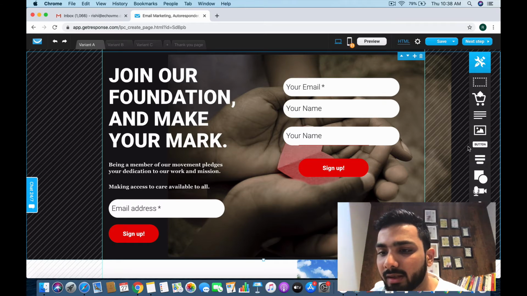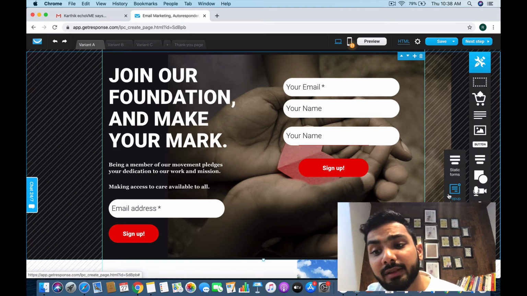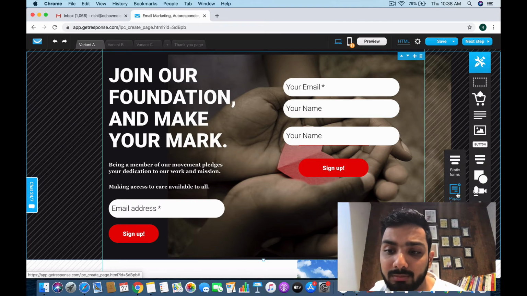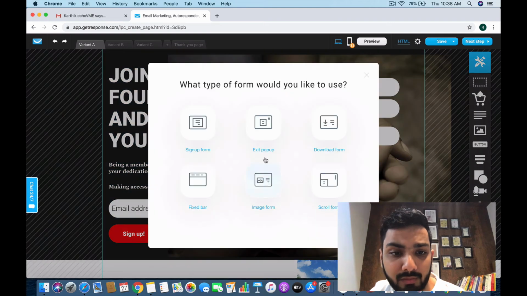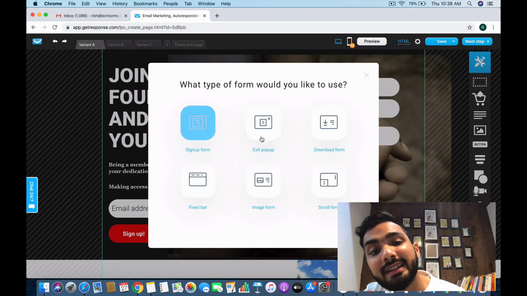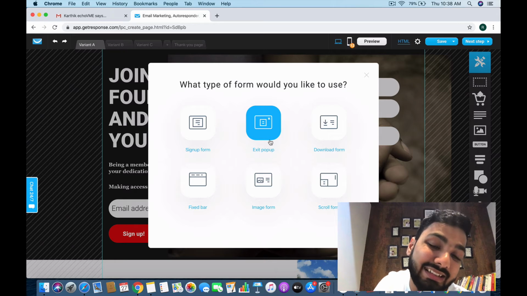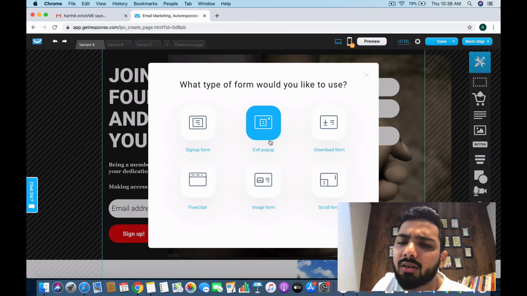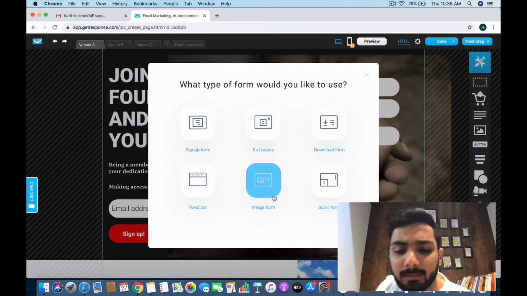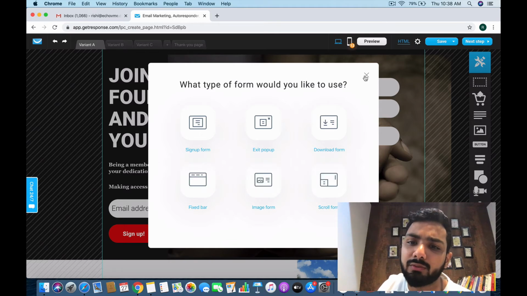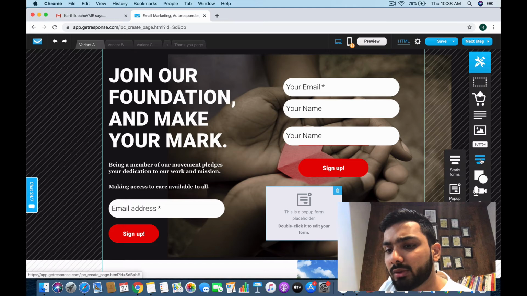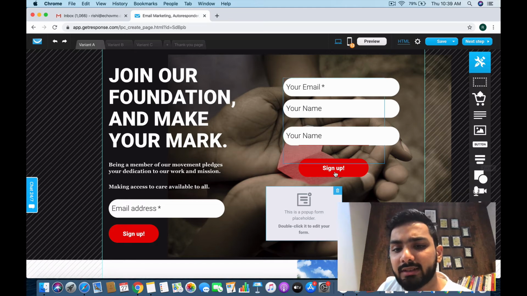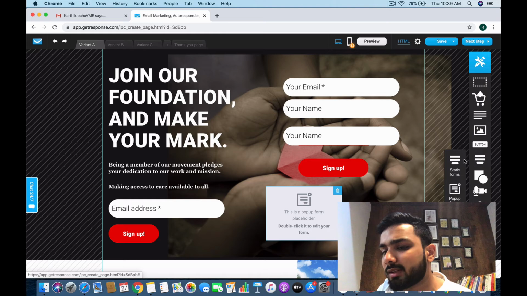You can add fields with the help of static forms, and you can have a pop-up form as well. So once I click on the pop-up form, let's say this is where the pop-up form looks like. So you can create a sign up form, you can create an exit pop-up if you want to still collect leads from people, saying, hey, are you leaving so fast, why not attend my free webinar, or why don't you download my free ebook, something like that. You can create a download form, fixed bar, image form, scroll form. You just have to go and experiment on these ones. Okay, so yeah, you can create forms, you can add more fields to it, you can create a call to action button, and static forms and pop-up forms you can create from here.